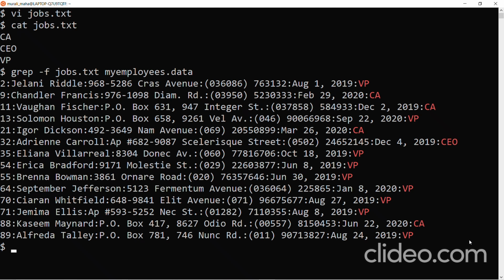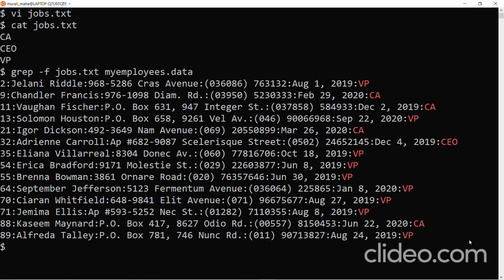It should be a new line character. So a pattern should occur one in each line. Then it would be able to look for the patterns from this file. And we need to prefix the file containing the patterns with the -f option. So this way we can